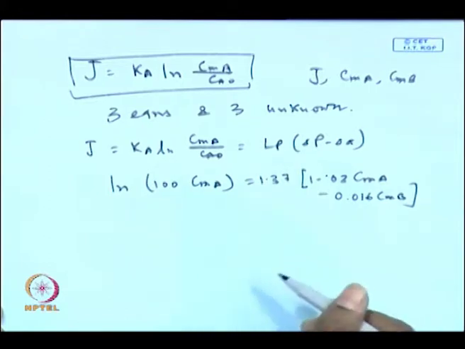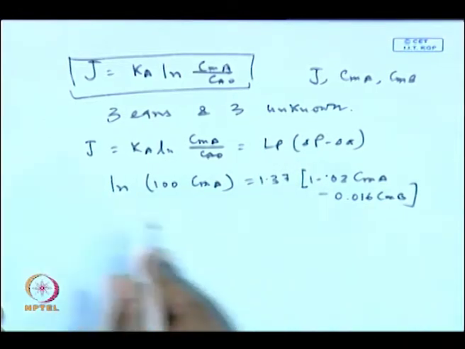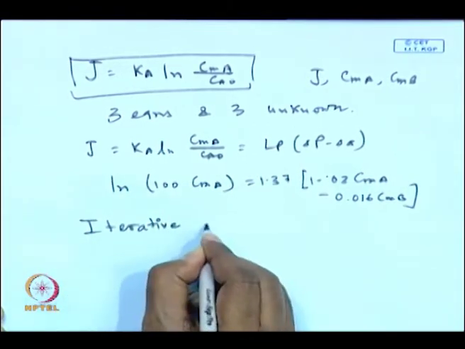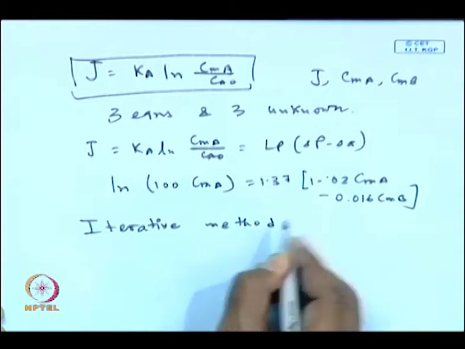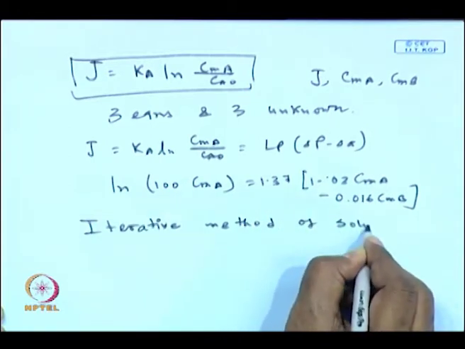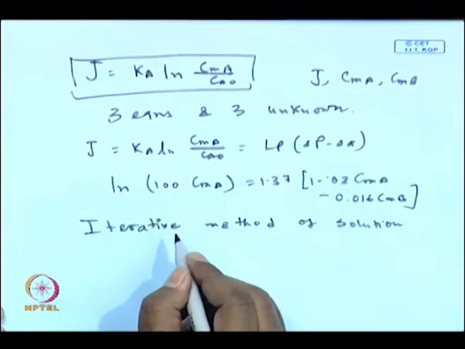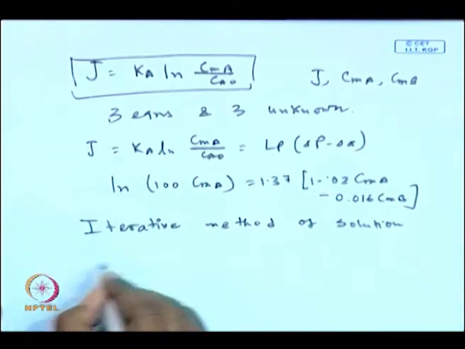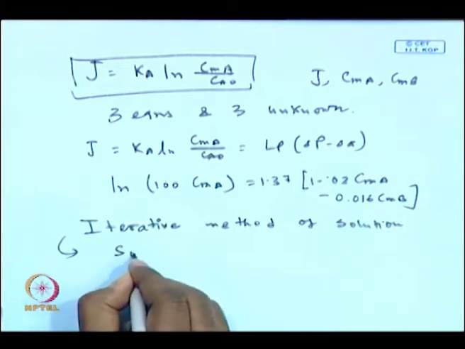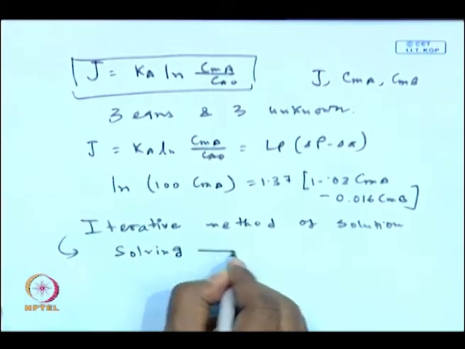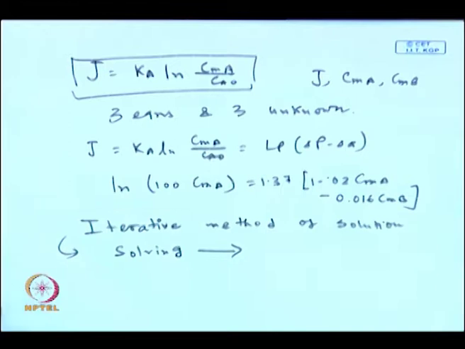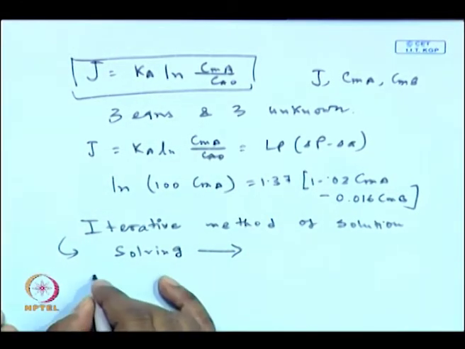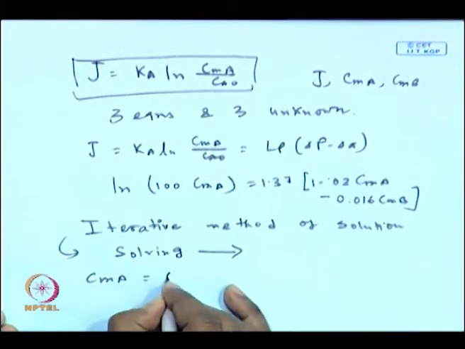So, basically there are 3 equations and 3 unknowns, and one can do an iterative method because they are nonlinear. 3 algebraic equations, nonlinear, and 3 unknowns. Okay, this can be solved. I have solved in a particular way, you can solve it in another way. So, there are several ways, 3 equations, 3 unknowns, that can be solved, and CMA turns out to be